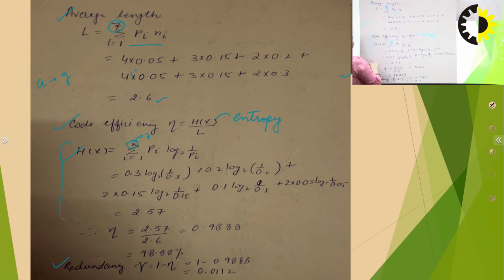This particular entropy does not require any code. It does not require the binary tree. So you can find out this entropy before your binary tree as well. But it is better if you first find out the code tree, and then you find out these things. So this does not require anything. It is just from the question only. P_i is given, probability is given in the question, log 2 1 by p_i. So you are just finding for each symbol, multiplying and adding, and then the answer you will get is 2.57, right?